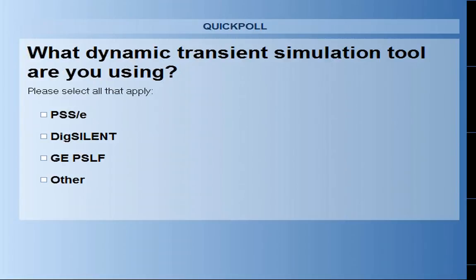Now, one of the most important characteristics of ePHASORSIM is its real-time performance. As I said before, ePHASORSIM has been designed from scratch with high performance in mind to be able to simulate large-scale power grids with milliseconds time step. Here is an illustration of our performance, which has been obtained by running our simulator on a single CPU core with a time step of 10 milliseconds.